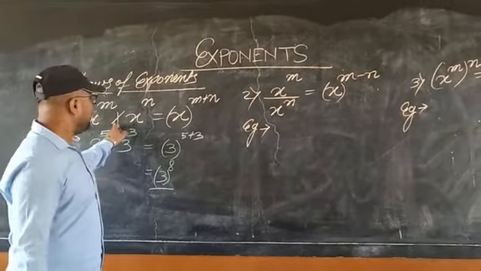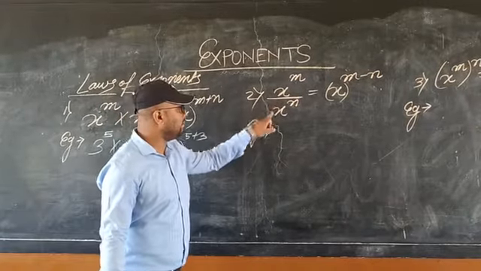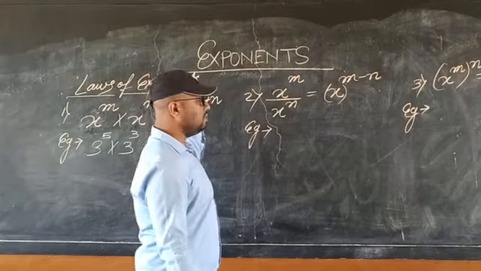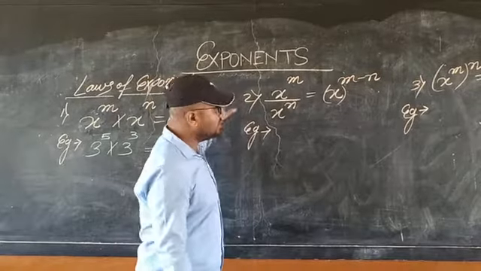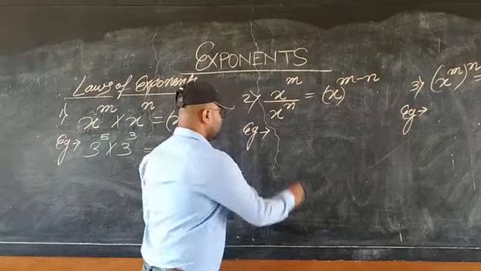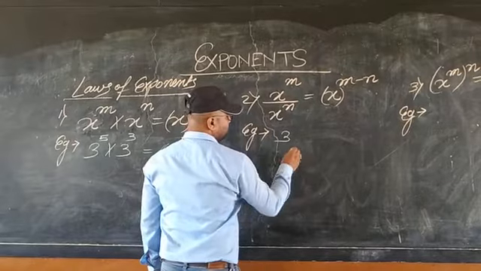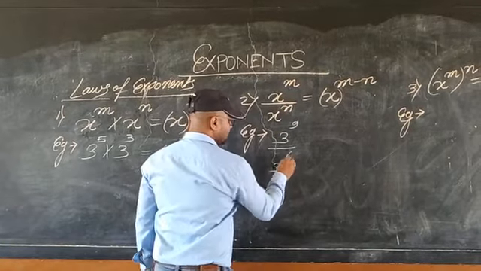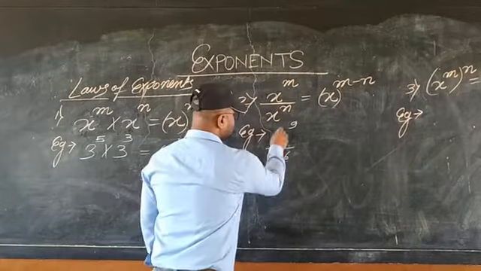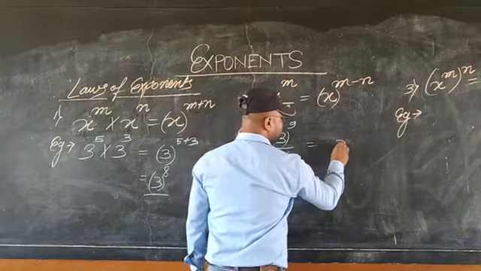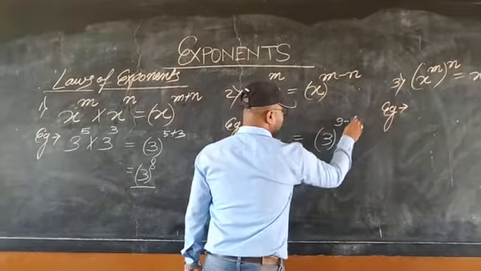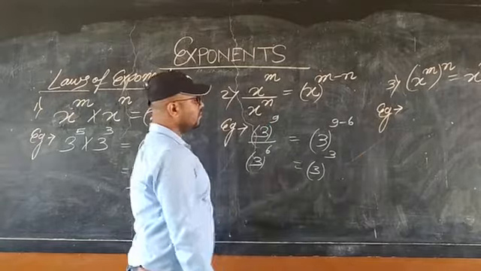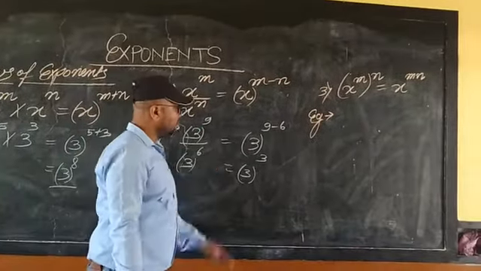Second law. It was multiplication. In the second law, we are dividing the same bases with different powers. In that case, what happens? Just the inverse of that. Those were added, here they will be subtracted. Let's do one question. Suppose 3 to the power 9 is there, divided by 3 to the power 6. Okay, students? So in that case, as per the law, it will be subtracted. So 9 minus 6 will be 3 to the power 3. This is a very basic law that you should understand.